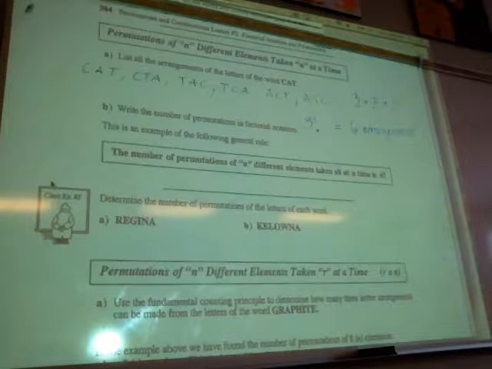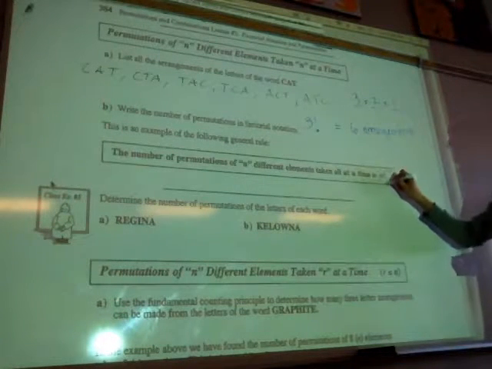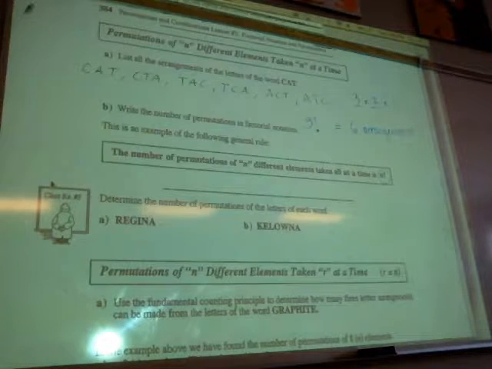So a general rule: the number of permutations of n different elements taken all at a time is n factorial. So if we have 3 letters and they're taken all at one time, the number of arrangements will be 3